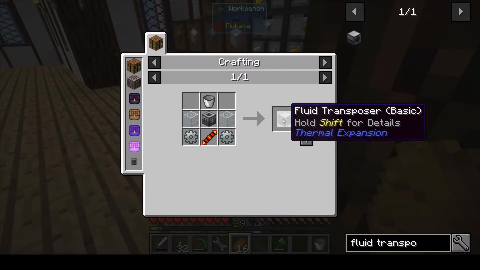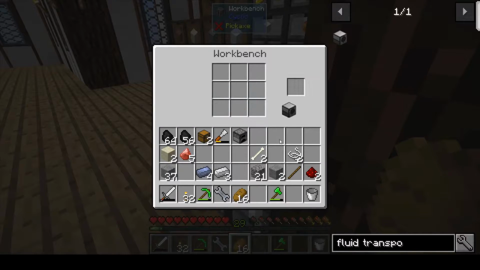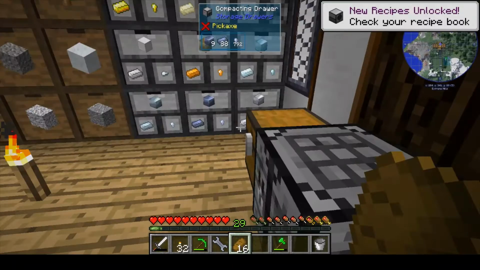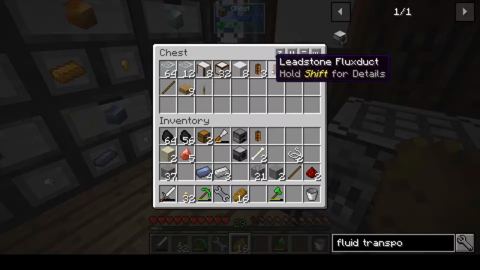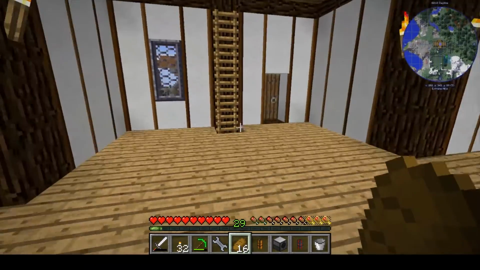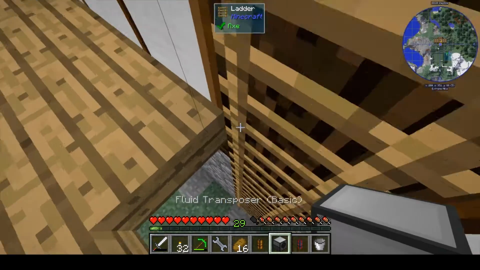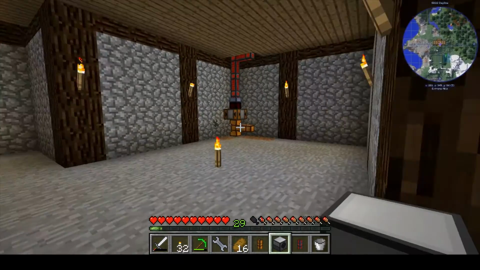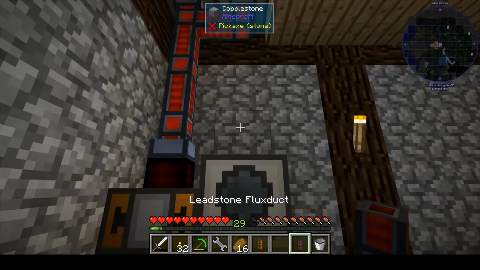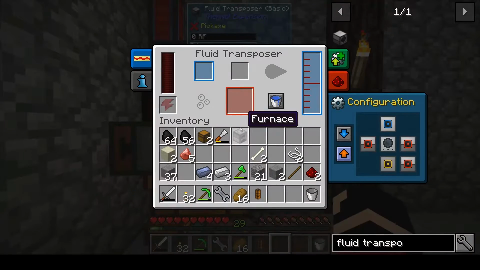And we should have everything we need to make the fluid transposer. Perfect. So with the fluid transposer, we're going to take a fluid duct and a leadstone duct, and we're going to head downstairs and set this up. And I was saying that we kind of needed water, and this is what we need. Oh, I already did this. This is what we need the water for. So what we're going to do,